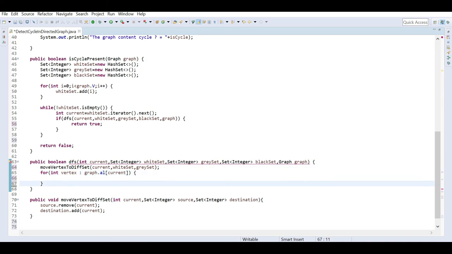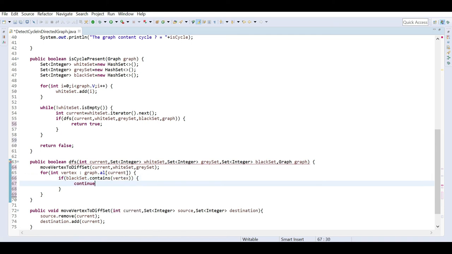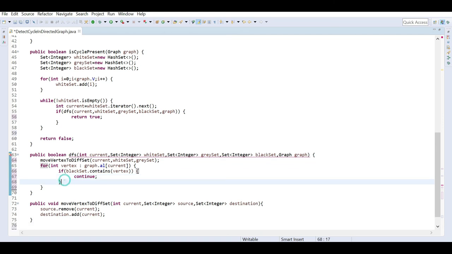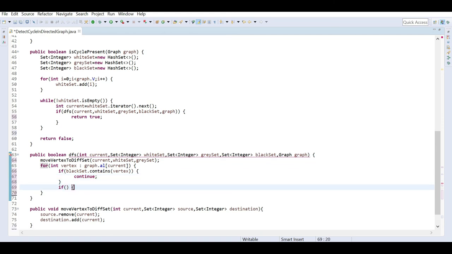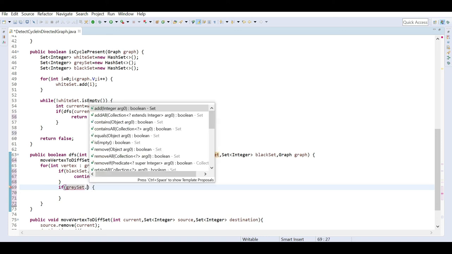First we will check if this element belongs to the black set or not. If this element is present in the black set, means blackSet.contains(vertex), then we don't have to do anything, we can continue, right? If it is found in the gray set, then at that time we have to return true, because a loop is detected.